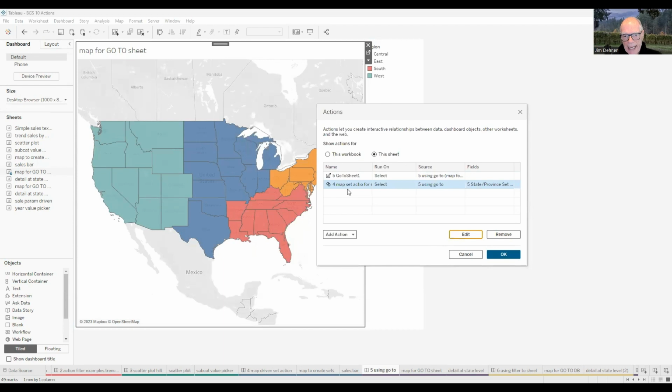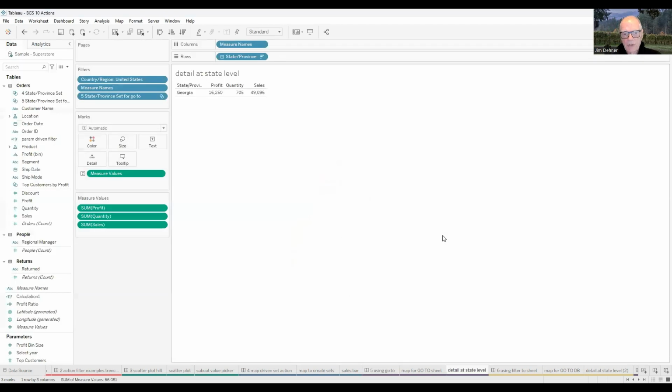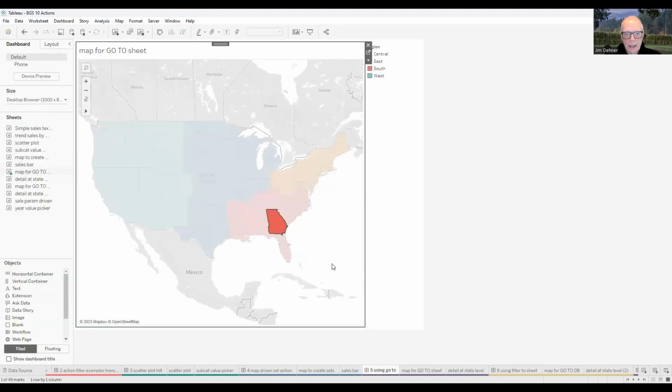And this is the action that is actually providing the filter, if you will, on the detailed chart. It's the action that gives us Georgia. If that second action isn't there,